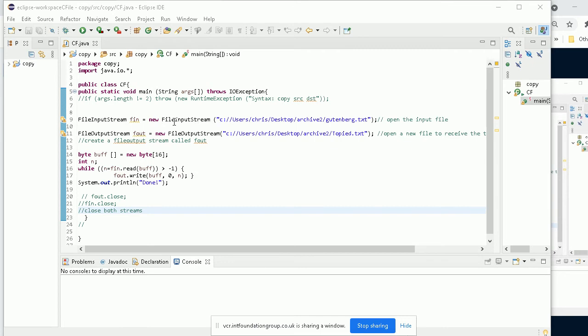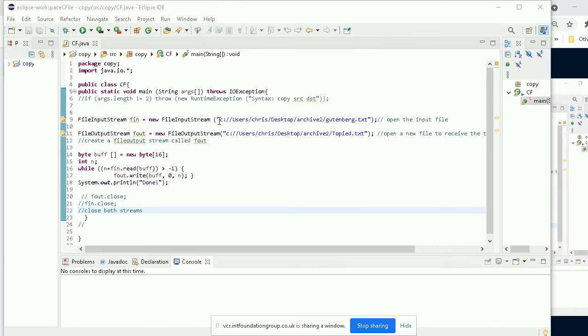Remember, file input stream is a subclass of the mother of all input streams called input stream. So I'm creating a new object from this subclass, but I'm attaching it to the name of a specific file. Here's the name of the file.